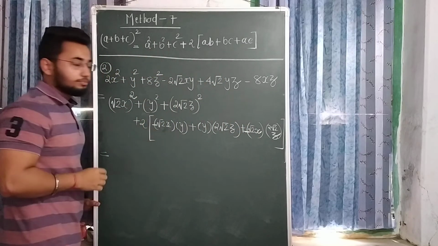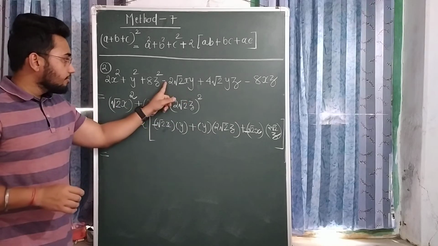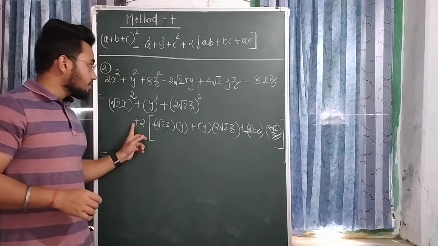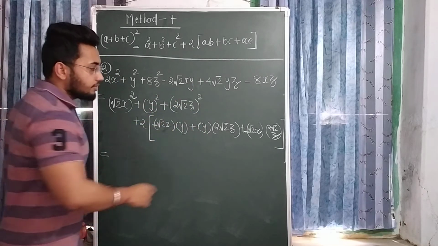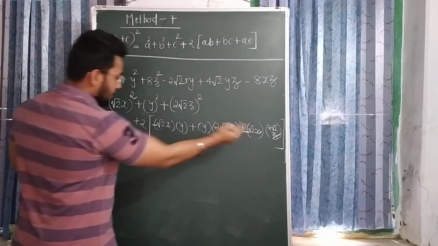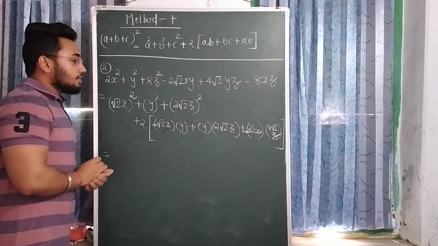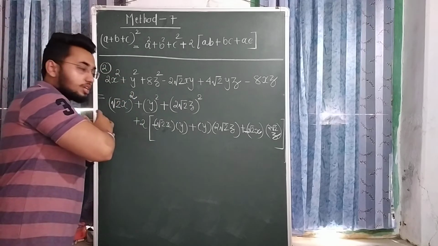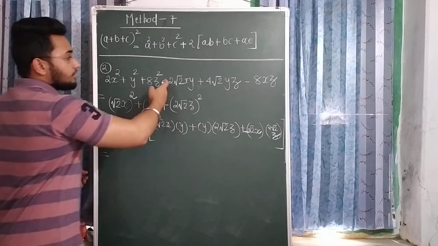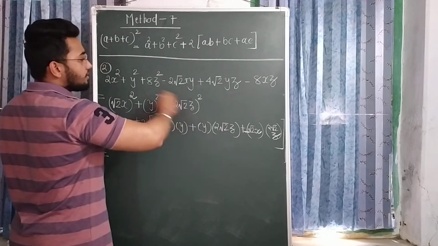This is negative. Okay, now I am checking. Plus, minus. Here is a plus. I get plus minus, and minus plus minus. Okay, now I get my example. In this way, first of all you have to take all the signs as positive. Then after you have to check these three signs. Okay, now this is the expanded form of this.